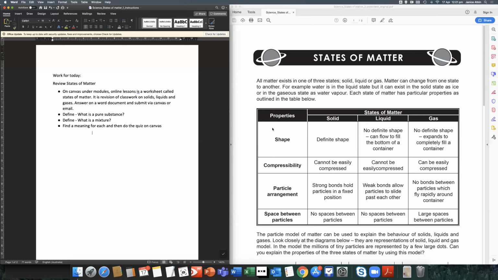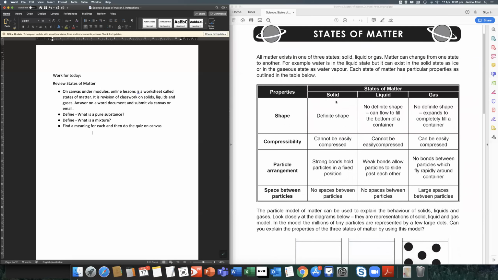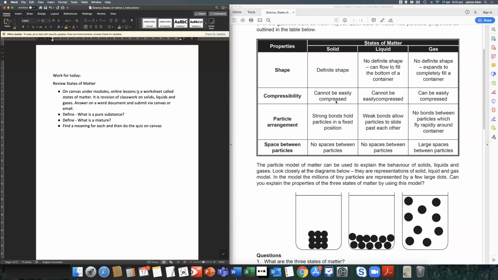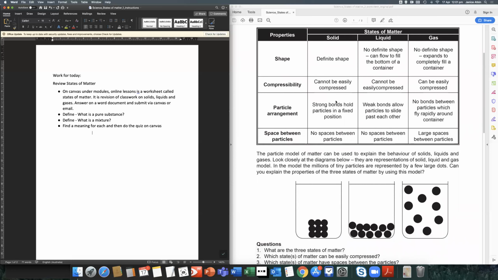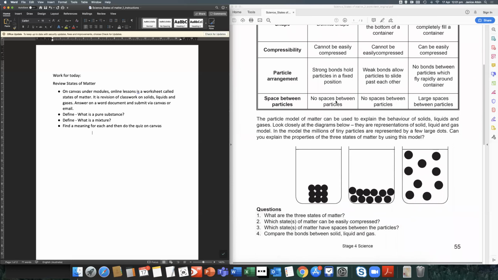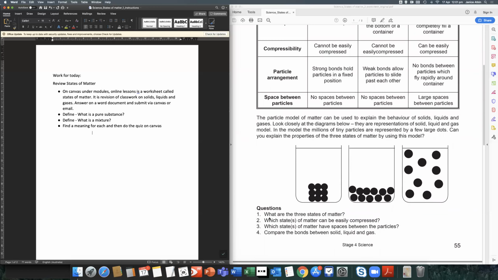So let's go and have a look at the PDF and see what some of the challenges may be. So there's a lot of text to read, first of all, although it is revision. So the students will be familiar with much of the content here. But I think first page, what are the 3 states of matter? Okay, so that'll be a written response. When we go on to the second page,